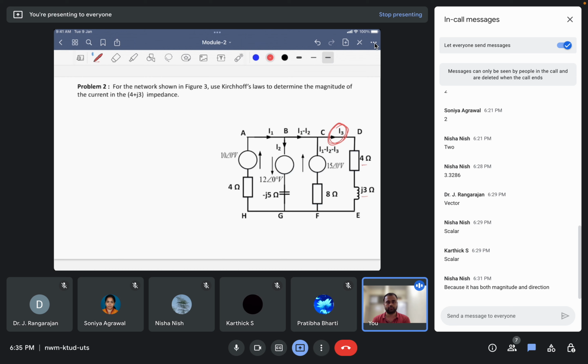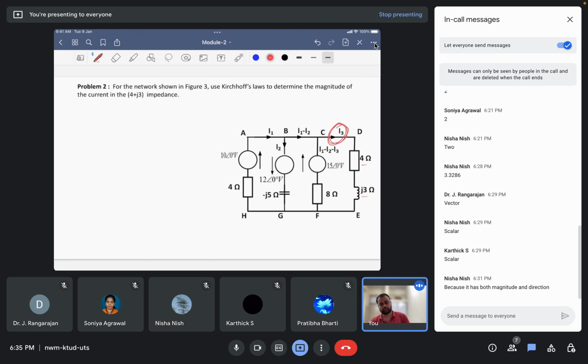So use Kirchhoff's law, that is either KCL or KVL, to solve the problem. Since there are 3 loops, it is quite obvious we will be using Kirchhoff's voltage law. Already in the question the current values have been given. The currents I1, I2 and I3 have been defined for each branch. So you have to just write the equations for each loop.